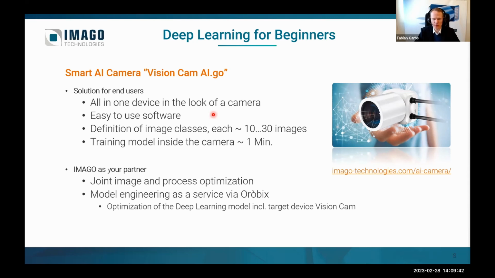You don't have to write the algorithm. Anybody who is able to use a computer can use this camera. It just takes a few minutes to make the pictures. For example, make product 1, 10 pictures, product 2, 20 pictures, product 3, 10 pictures. And then it takes 1 minute to learn on the camera. So it means the camera will create the model by itself. Takes a minute, and then after the minute, you're ready to go.